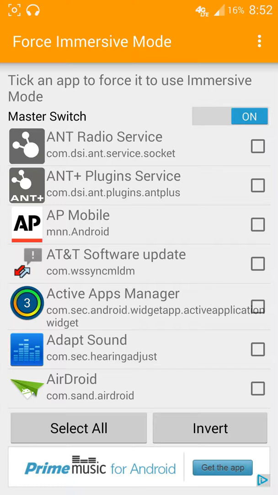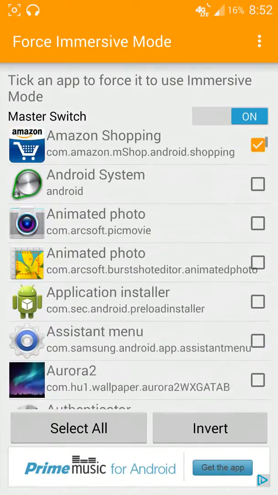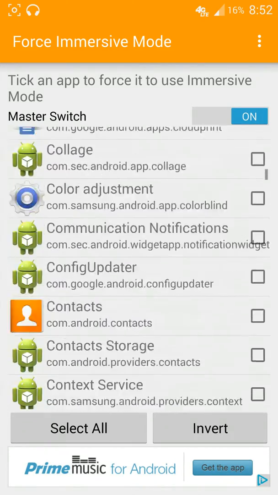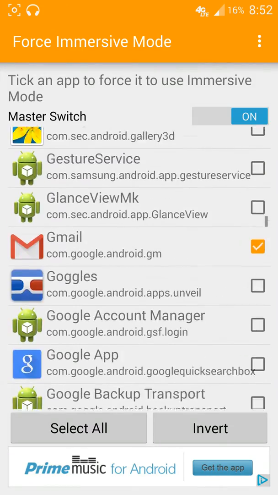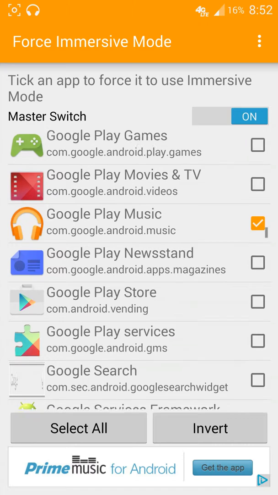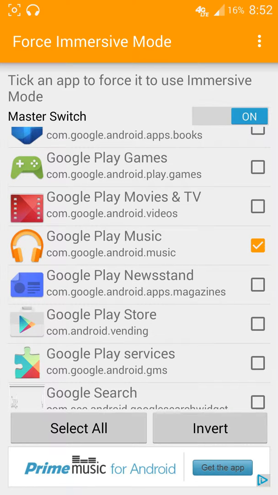Now, the most time this is going to be useful is, let's say you dock your device in certain situations where you want to go ahead and use that. For me, for example, let's say I go ahead and dock my phone in my car, then I open up an application. So as you can see here, some of the applications I have set up are, let me find the most prime example here, Google Music. So when I have my phone docked in my car and I have it turned so everything is going to be